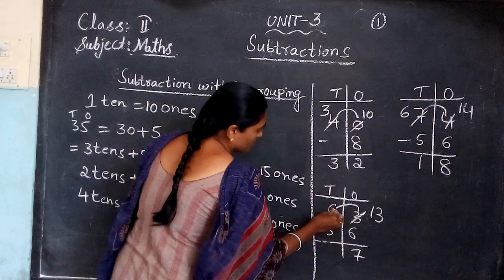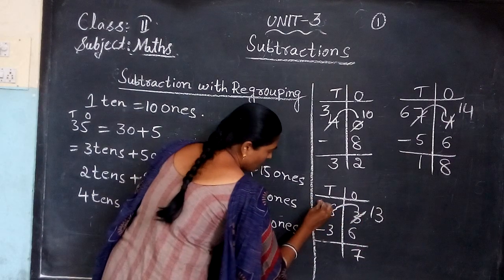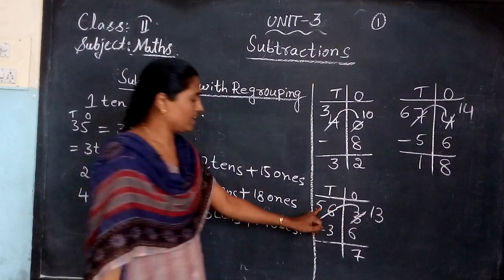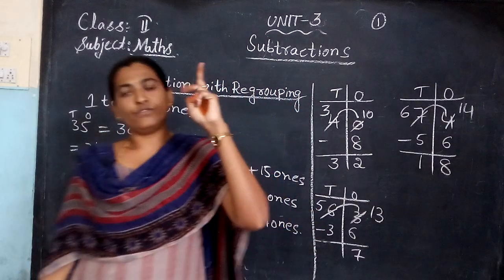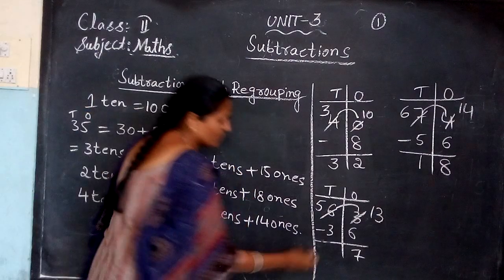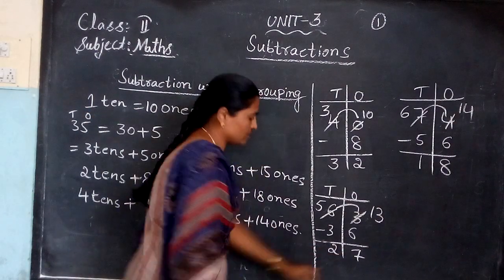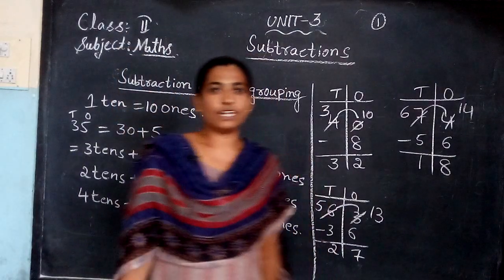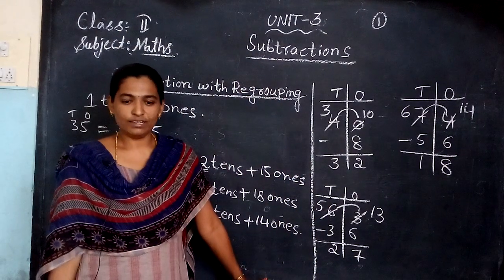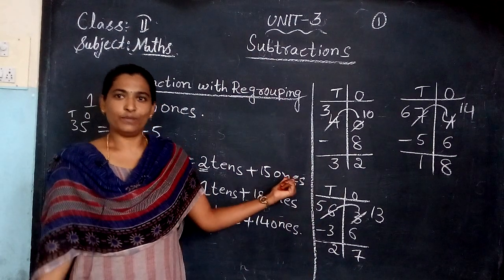Again, here you took one borrow from the tens column to the ones column. What number did it become? 6 before number is 5. Yes, 5 in the mind, again 3 in your fingers. 5 before 4, 3, 2. Yes, what answer did you get? You got 27. In your textbook, some problems are there, Exercise 3.1. Do it as homework. Thank you.